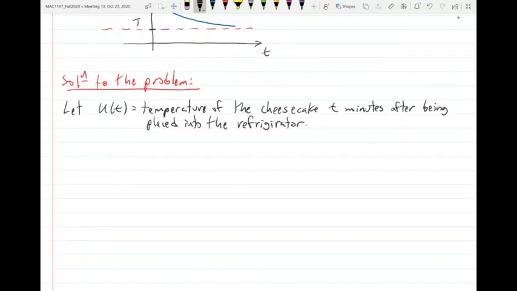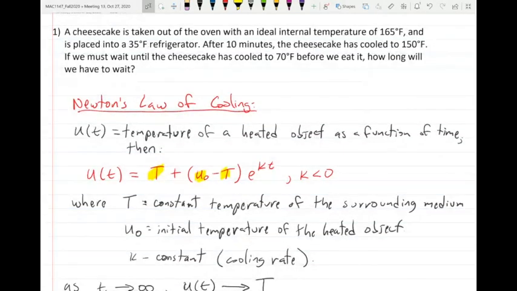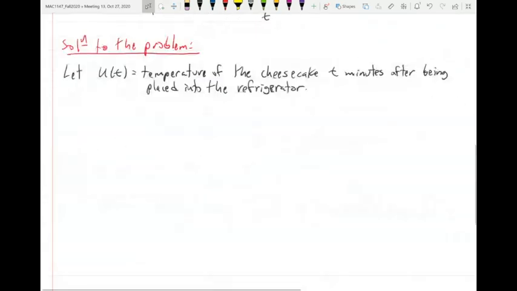Because remember, we took it out of the oven and it was immediately placed into the refrigerator. Okay, that's what the problem is telling us. So that's what U of t represents, temperature after t minutes. Because this is being cooled down, we can immediately write down the